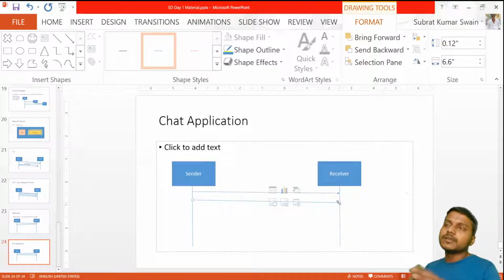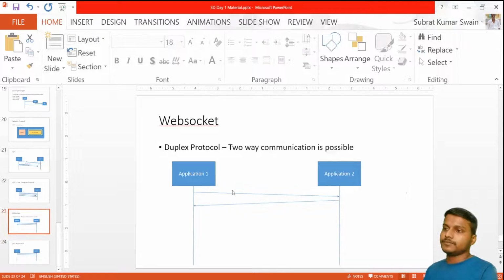You are sending something, the connection is closed. Again, you establish a connection and ask, is there something for me? And it says no, no, no. In WebSocket, this doesn't happen. Okay, in WebSocket, what happens is